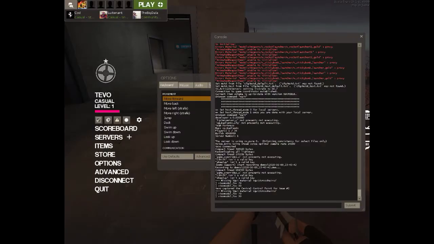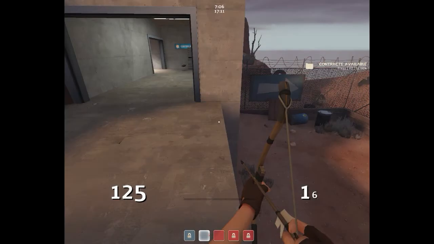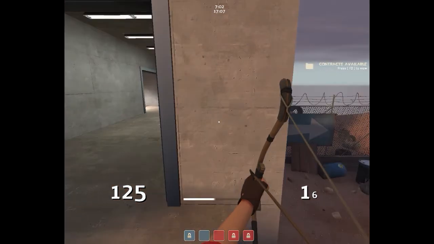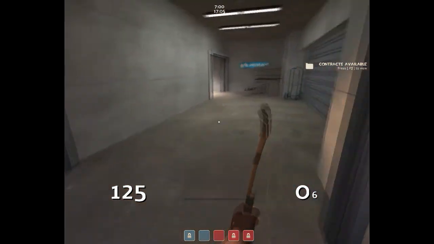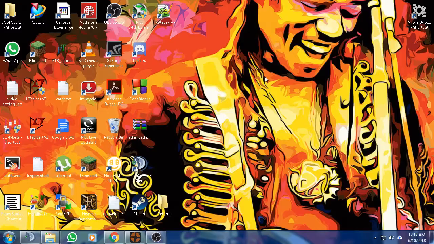Now all of these commands can actually be executed through a config file, and I'm going to show you how to work with config files. Cool. Okay, cool. I'm going to show you guys how to install